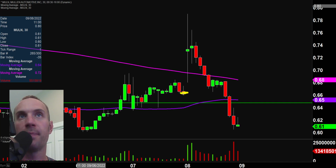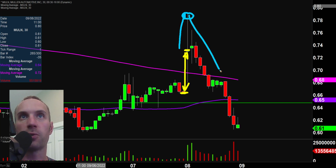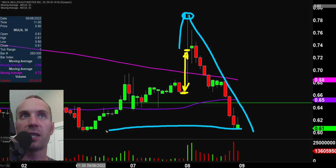So it closed right there on Wednesday, opened up right here, hence the gap. And then after the opening bell rang, price went all the way up there. And true story, there were some poor souls buying up around that area. And then from there, the rest is history. Not only did it go back to that green line, that support, it just kept going. And where it is right now, it's literally at its lows from all the way back down here before that